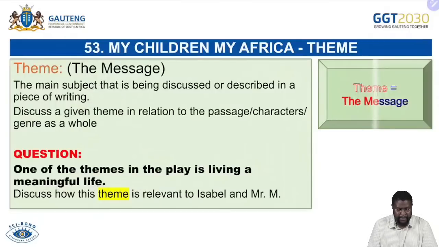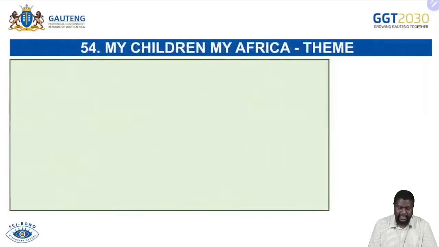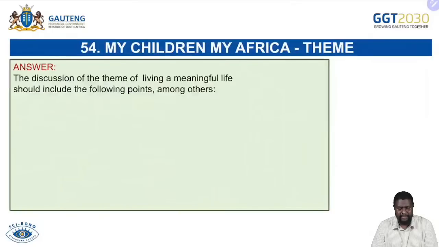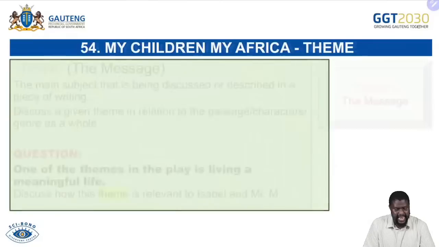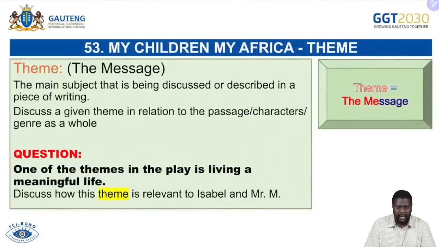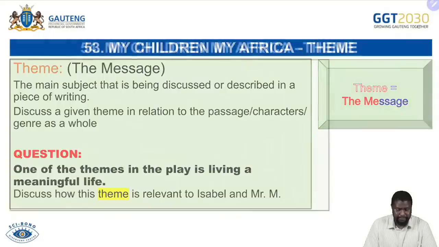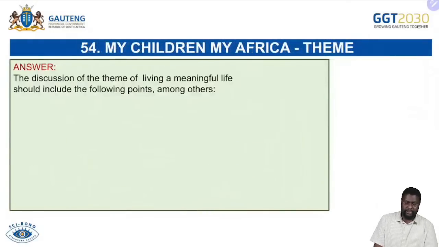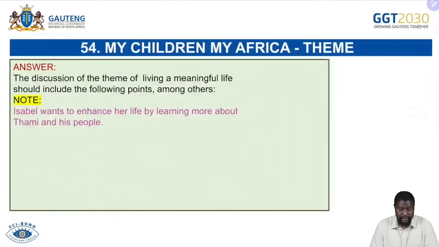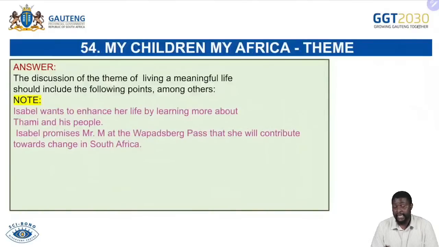My Children, My Africa: the main subject that is being discussed, that is the theme. What kind of theme question can you come across? The theme of living a meaningful life. One of the themes in My Children, My Africa is living a meaningful life. Now discuss this theme. The discussion of this theme should include the following. Isabel wants to enhance her life by learning more about Thami and his people. She promises Mr. M at the Van der Spek pass that she will contribute towards change in South Africa,